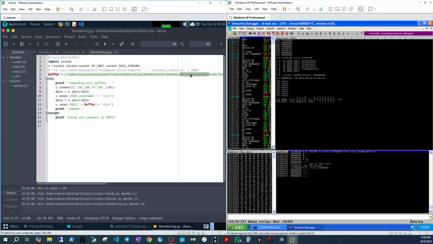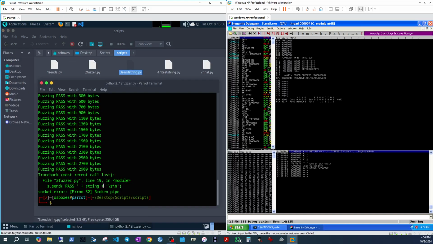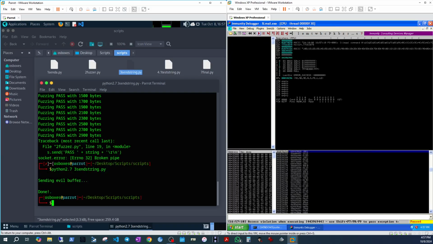So I already created the commands here. If you use this command on your Kali Linux machine or Parrot, you are going to get pretty much exactly the same 3,000 different characters. So let's see what happened. Let me show you. So we close it, we go to the command, and now we change it to the string. Is it right? Yes. And I go. So we send the buffer,